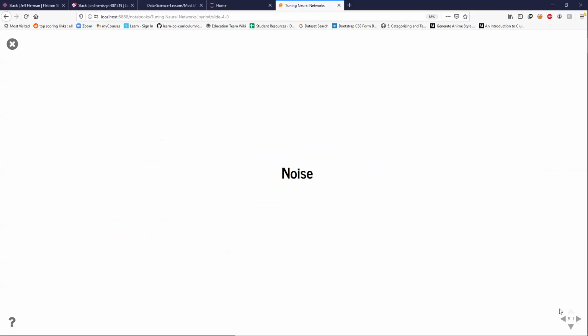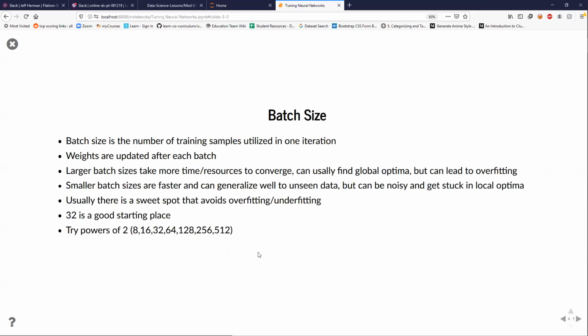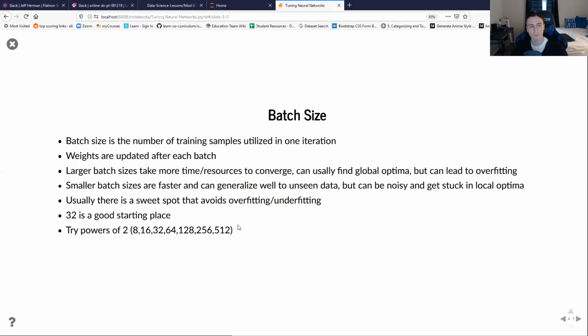So does that have to do with the number of inputs, or the neurons on the first layer? It kind of does. Because like I said, if you have 1,000 samples, you could do a batch size of 1,000 so that every time it trains on all your data points, you would probably get a good fit there. It would find the global maximum, but it will take a lot more time and more of your memory